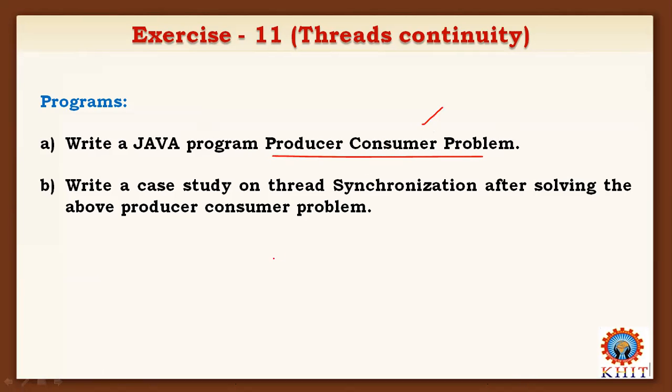We know this process very well. There is a producer process and a consumer process. The producer process produces items, right? It produces some data item, for example, here it is data item one. Once an item is produced by the producer process, the consumer process will consume this item, right? That is the consumer process.